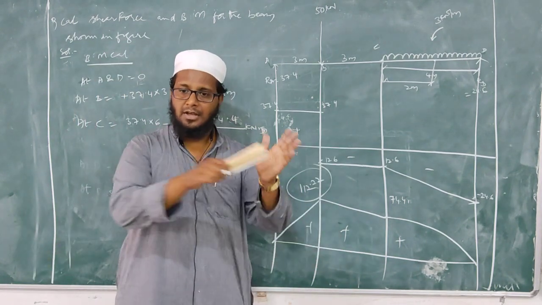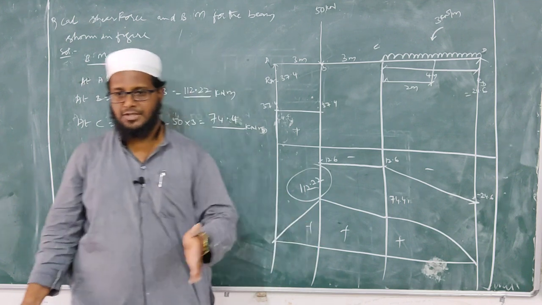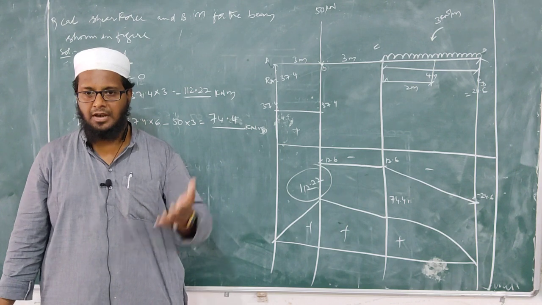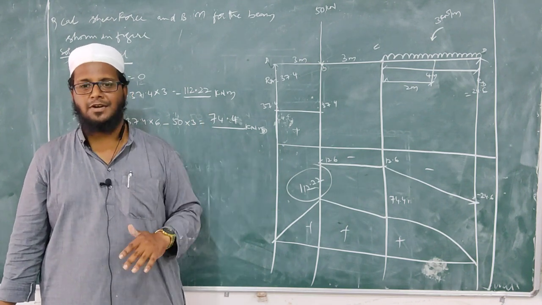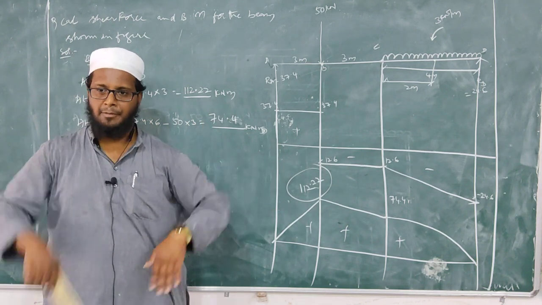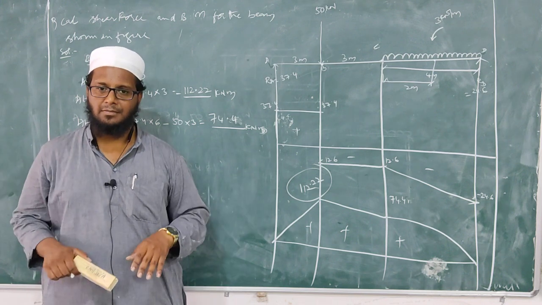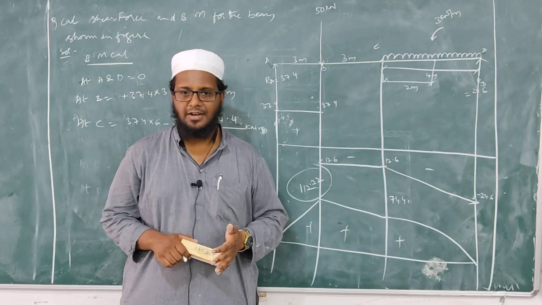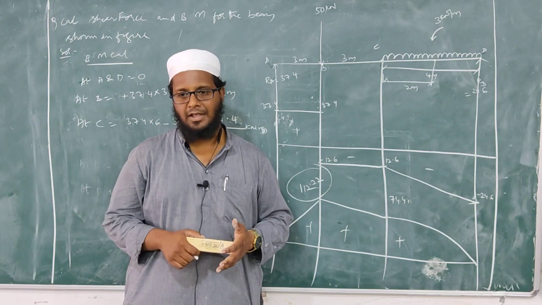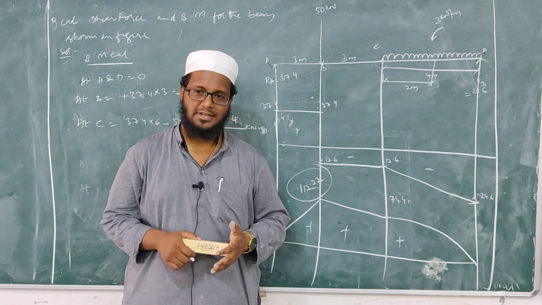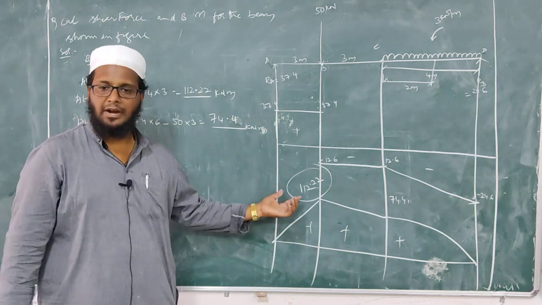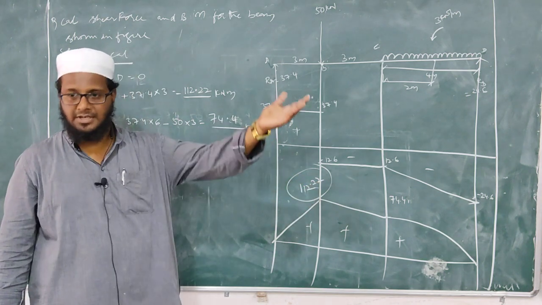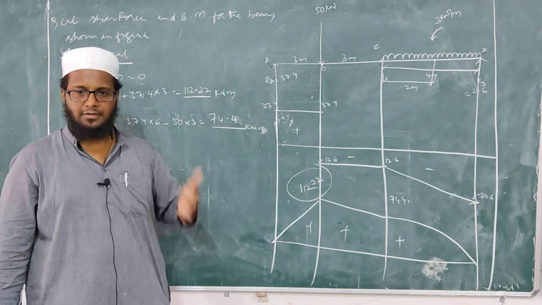So that it may happen, so you have a function in your house, the general loading on the structure is 20-30 people, but sometimes during functions, what will happen? People will come, isn't it? So many people will come. We have designed for 20 people, 100 people are standing on the slab, then it may get deflected, it may fail, isn't it? So many things may happen. So that is why we try to take factor of safety. Okay, so 112.22 is the moment which we consider, and again we will multiply it with 50% more.